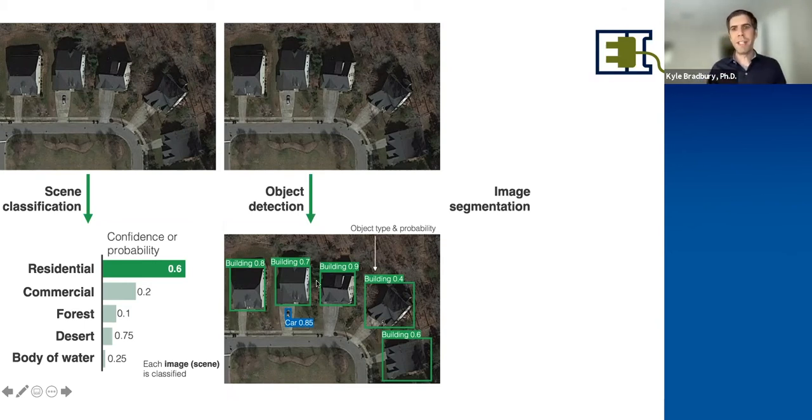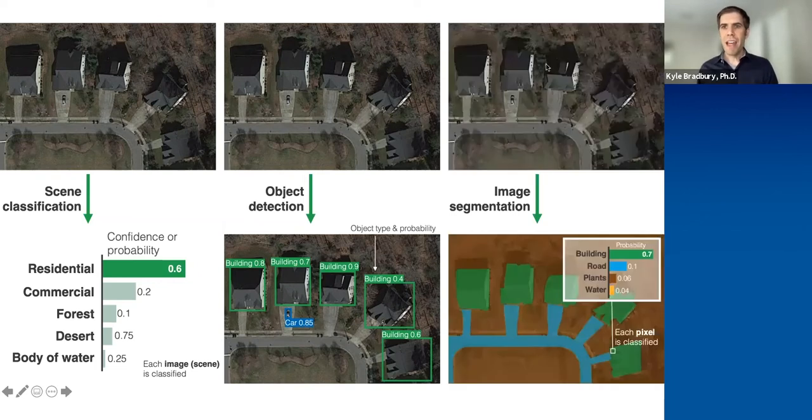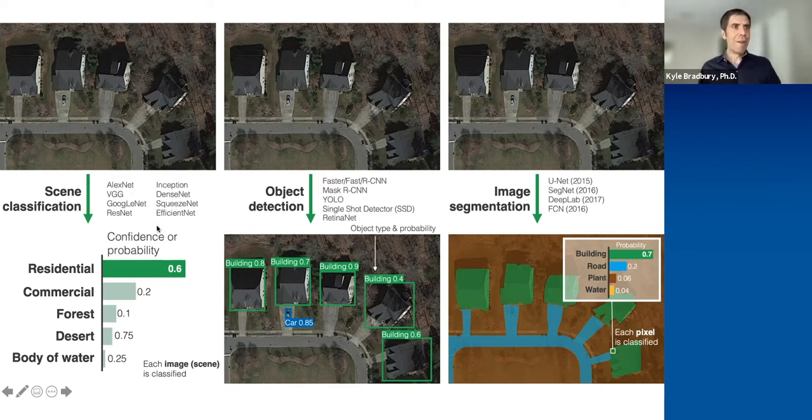And then a third problem is image segmentation. We take that picture and we want to break it pixel by pixel into what it is, whether it's road or sidewalk, plants or water, whatever it may be. And you can assign relative probabilities to all of that. These are our three big bucket categories when we start to look at computer vision for image analysis. What naturally comes up is that there isn't just one approach to each of these. There are many different algorithms that we can use for each of these.